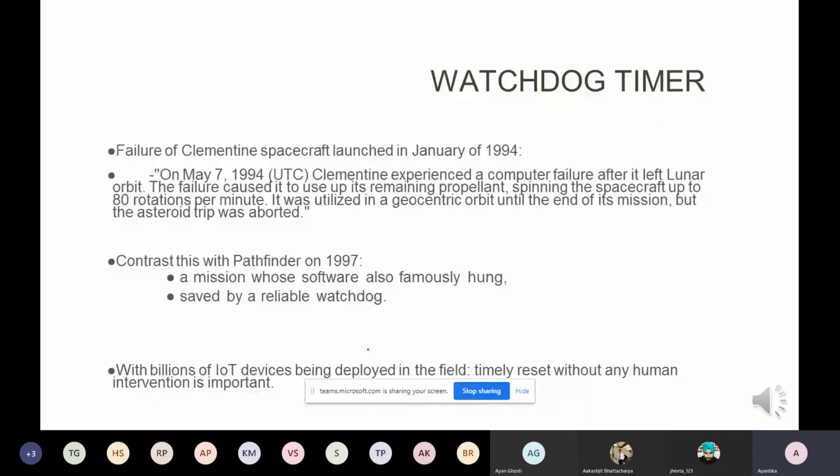So you have seen that sometimes we need to do a system reset, and some problems get solved with a system restart and system reset. But the problem is, if one second,